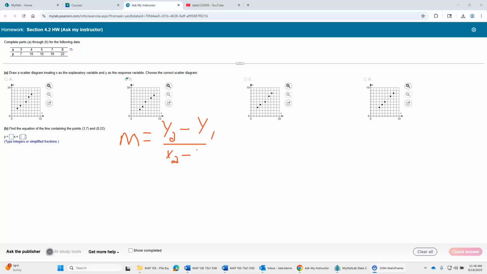So they want you to find the equation of the line going through these 2 points. Solve it for y. So let's see, the y coordinates are what, 22 and 7. So it'll be 22 minus 7. The x coordinates are 8 and 3. 8 minus 3. So the slope of a line going through those points they give you is what, 15 over 5